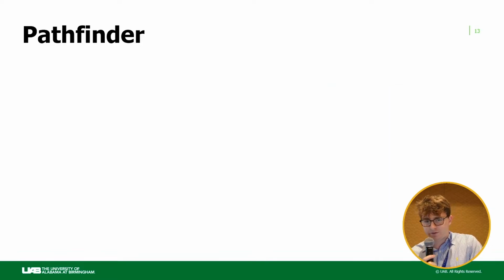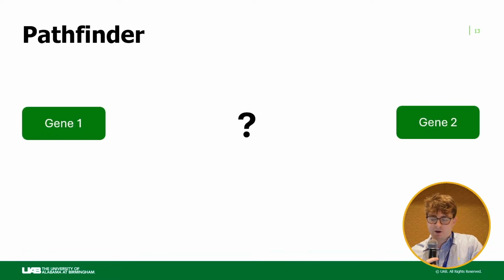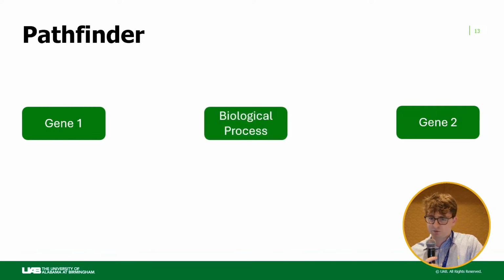The next thing that I'd like to talk about is something that is currently under development right now. I'm giving you a behind-the-scenes look at something called Pathfinder. One question that we're frequently asked is what relationships exist between two genes, and what overlap is there between two genes. A lot of the time there's a biological process that's either shared or involves both genes. And Pathfinder is our newest UI that is tasked with reviewing the relationships between two genes and a shared